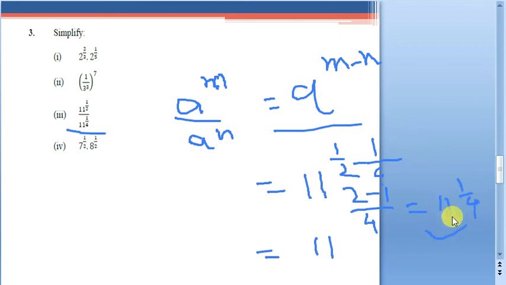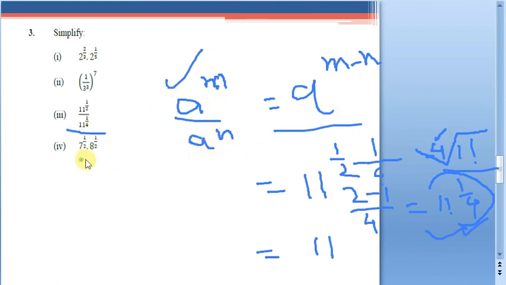The same can be written as the 4th root of 11. This is not 4 into root 11, it is the 4th root. When you keep a number here, it is the order of the radicand, which we have seen in our further discussions. So it is the 4th root of 11, that is going to be the answer. Otherwise you can simply mention it as 11 power 1 by 4. But remember, we are using this particular exponential law for solving it.